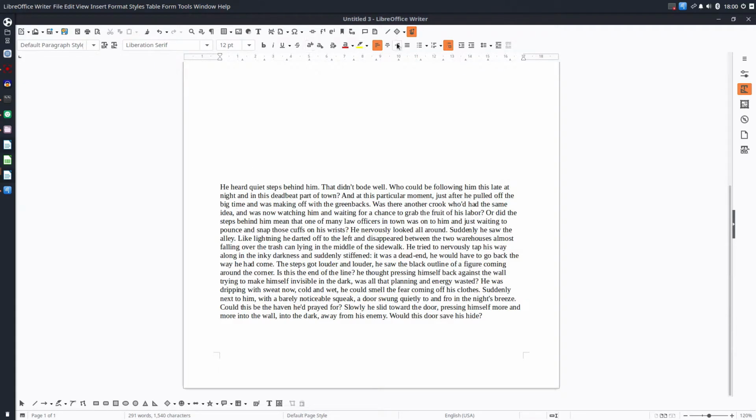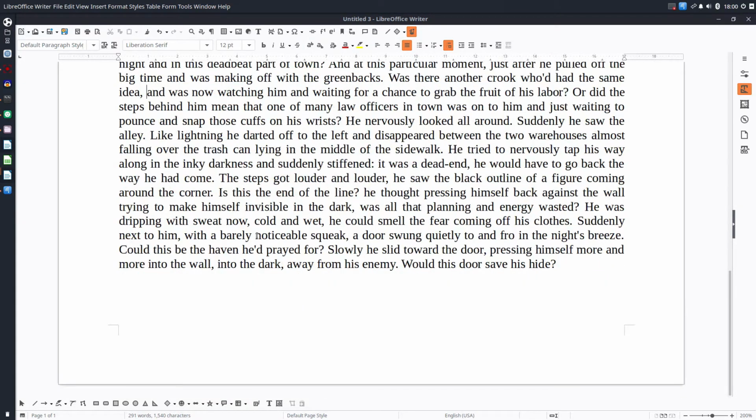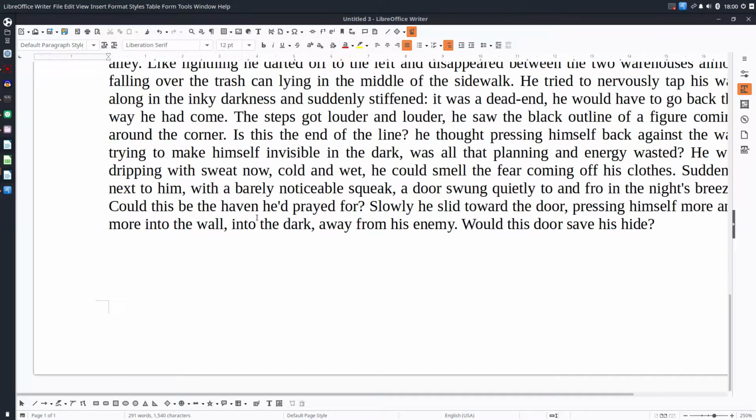This is a simple document, a default paragraph, and we want to insert here a footnote. Let's see how it looks in LibreOffice. So let's insert a footnote. And if we write something here,